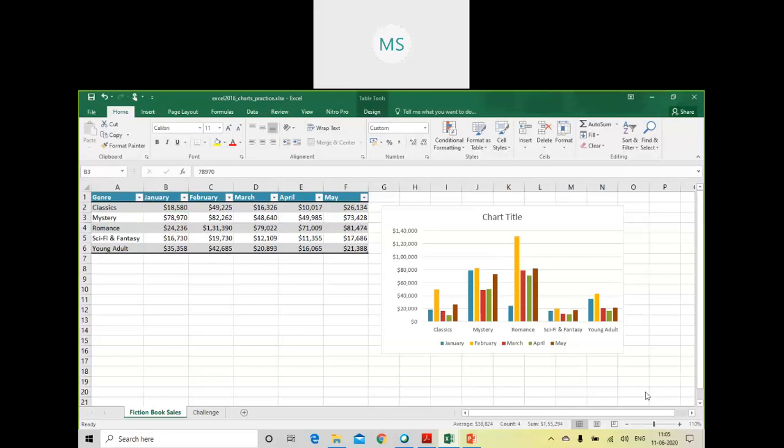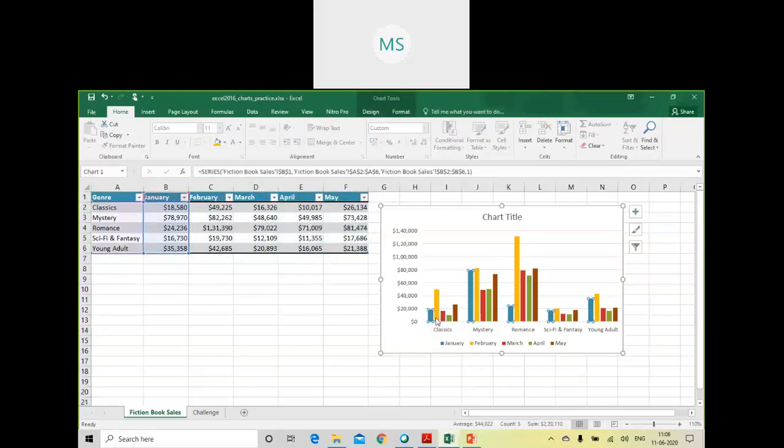Apart from that, all the months which you can see are being represented in the form of these vertical columns, and each is represented by a particular color.